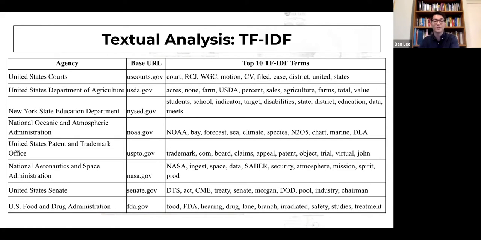So for the United States courts, the top terms are court, motion, filed, case, district. For say NOAA.gov, we find bay, forecast, sea, climate, chart, marine being the highest terms represented. And so this gives us a way of understanding these document collections, or rather subgroupings, without having to parse through them manually. We get information that we wouldn't necessarily pick up with just the facets.